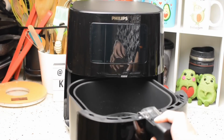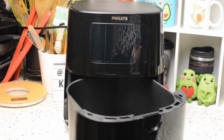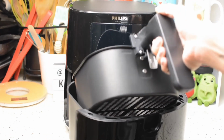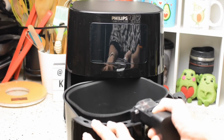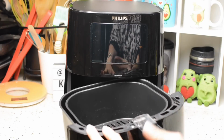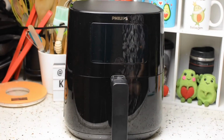Moreover, using the Philips air fryer allows cooking up to 50% faster and saving up to 70% of energy compared to a traditional oven. Therefore, this oil-free fryer is not only a wise culinary choice but also an environmentally friendly option. If you are looking for a versatile and practical solution for healthier cooking, the Philips Essential Air Fryer is